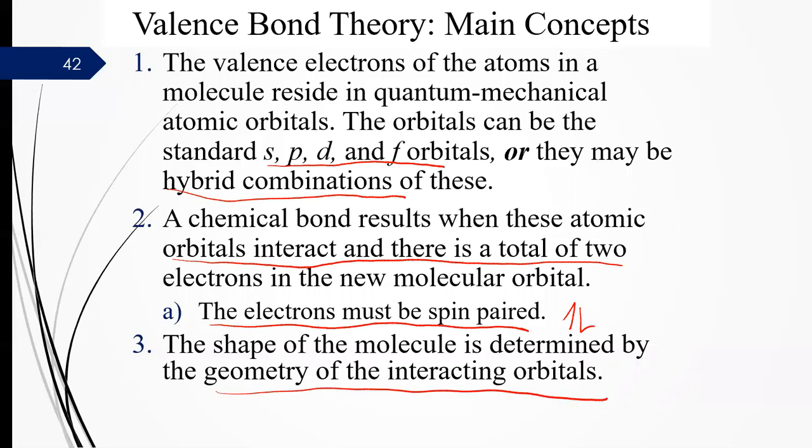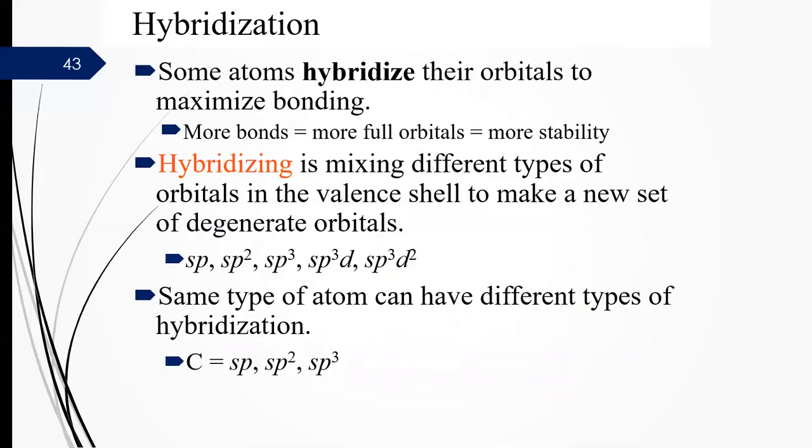If they interact in the hybridized ones, they can take on one geometry. If they interact in the traditional unhybridized orbitals, they can take on another. So hybridization is this idea that they might change their orbitals in order to maximize bonding. So the more bonds that occur, the more full orbitals that occur, and the more stability there is that's present. So hybridization is mixing different types of orbitals